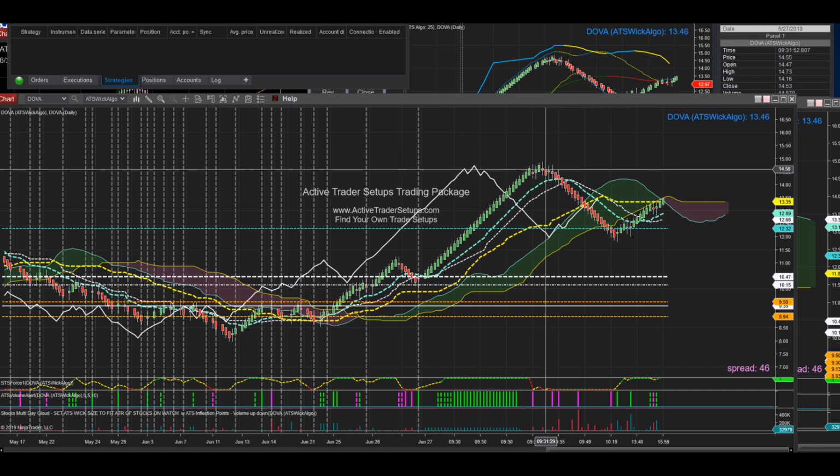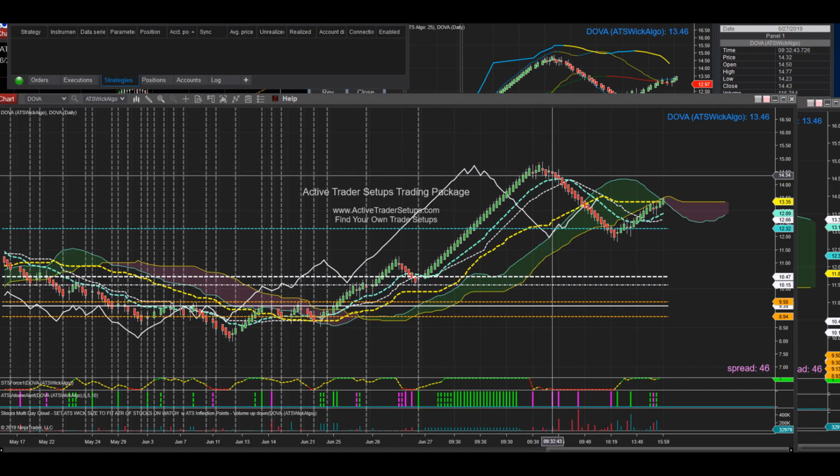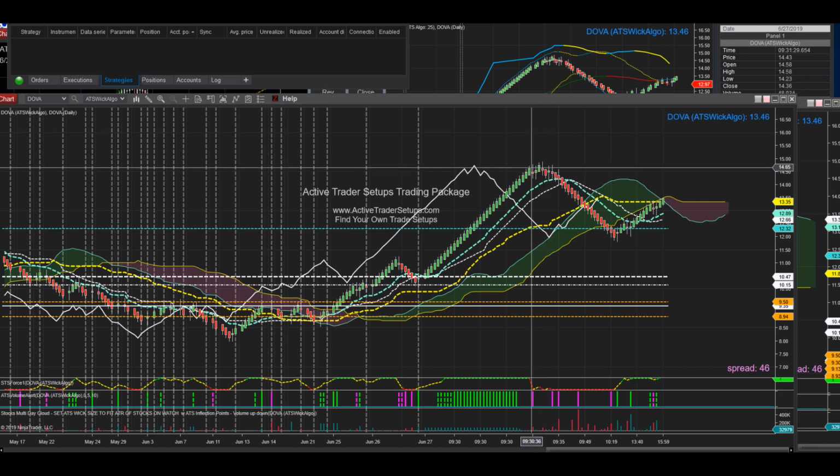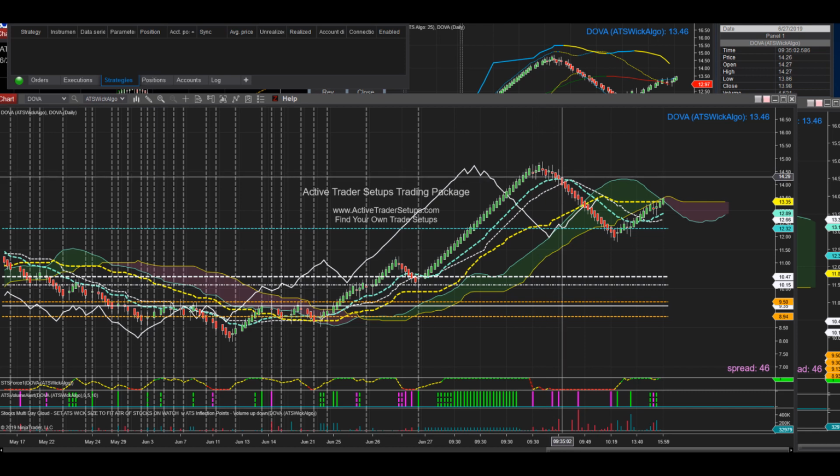When I start getting a chop, I like to just sit and wait on the candles. As they continue to chop, I'm less apt to want to take one short. I would rather wait on what I call a stable entry, which means I have to have a prior bar